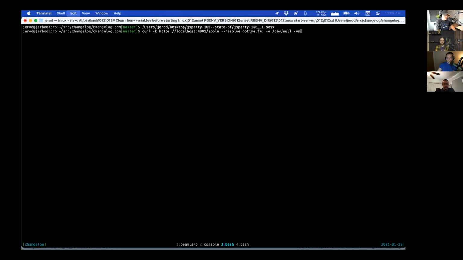So we're connecting to localhost, but we're just setting the host header. The other approach is to resolve it explicitly. Curl has this option of --resolve as a flag. Then we're resolving gotime.fm to one, which port? It's actually 4001 on my localhost, but do we have to put that in the resolve? No, so gotime.fm:443, because that's the HTTPS port. And then we're resolving to